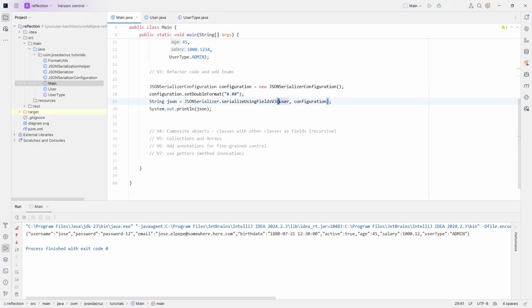So we have in our main serialize with this output. So how to serialize an enumerator? I've created a class. I'm going to explain later how I refactor this code. But for now, let's go to the